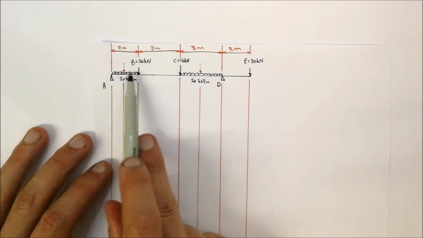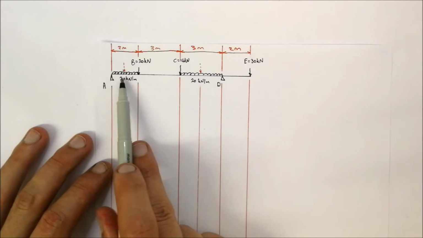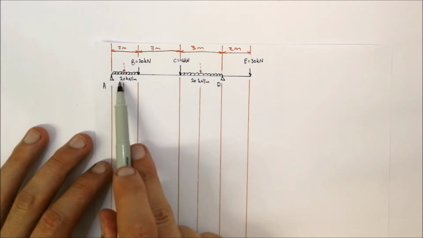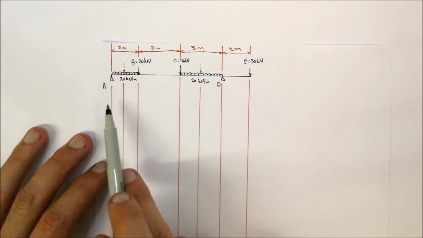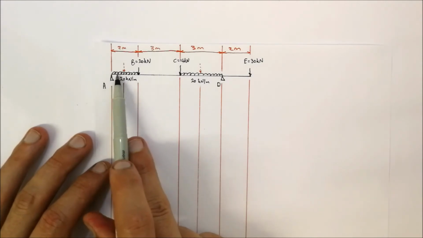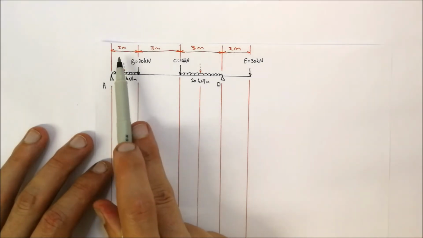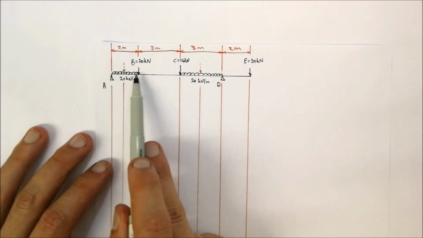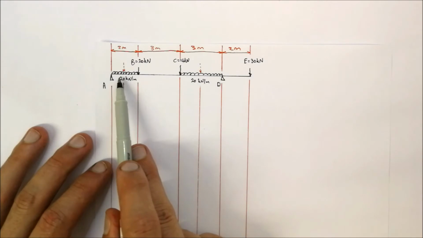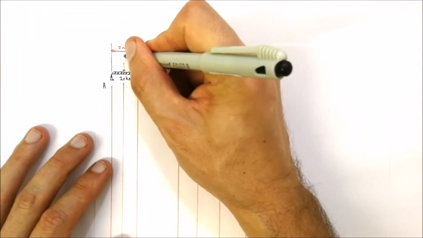For this specific scenario, we are told that for this distributed force, we've got 20 kilonewtons per meter. So 20 kilonewtons is acting downwards for every meter of that slab. Because we've got 2 meters of slab, we've got to multiply this 20 by 2. That's equal to 40 kilonewtons